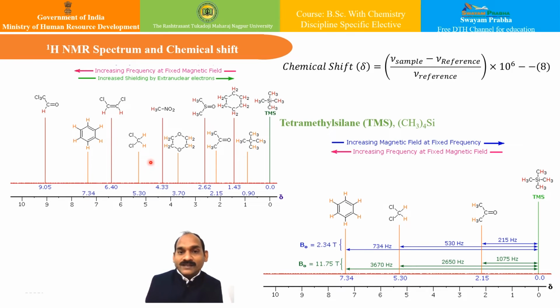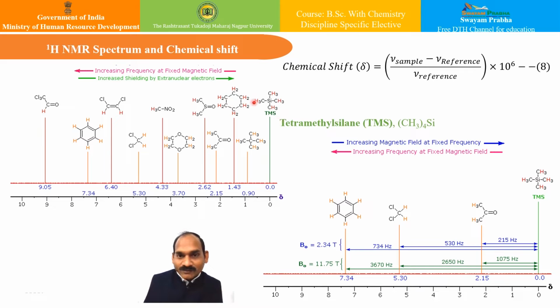One such compound is tetramethylsilane, which can be represented like this, and we call it TMS. It is usually referred to as TMS, which meets all the characteristics that we have just spelled out, and it has become the reference compound of choice for proton and carbon NMR. TMS has been selected in NMR spectroscopy due to four of its important properties. Namely, TMS has the molecular formula that you can see over here.